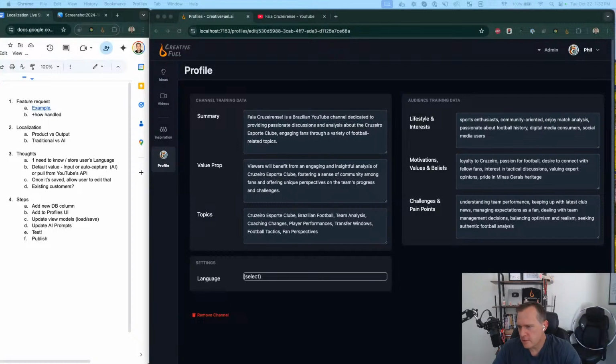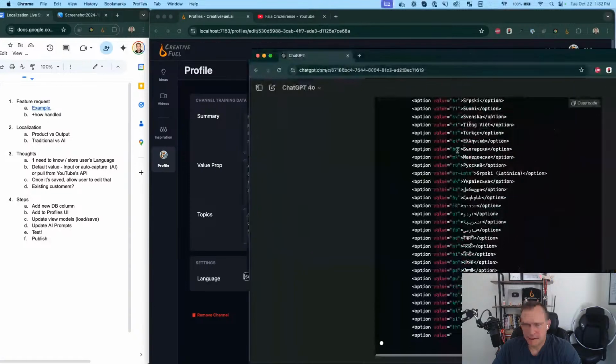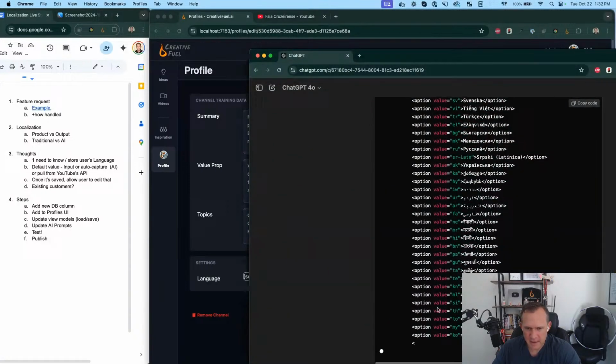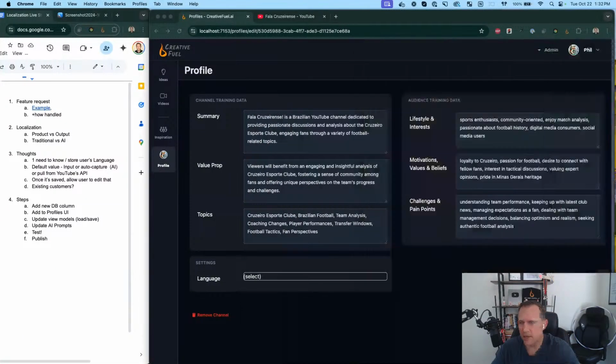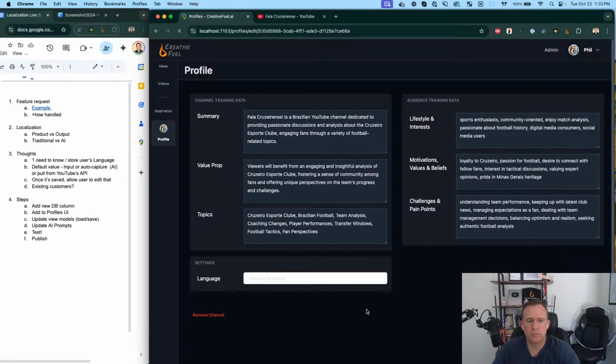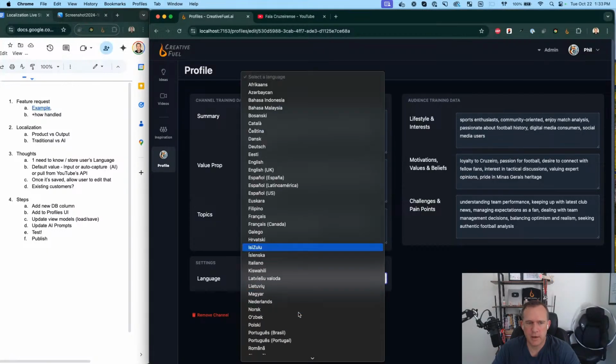All right, we're getting there. I kind of just wanted to save the full language in the database, but it looks like it's just going to save the 2-digit code for each language. All right. Okay, so we got that. Let me go back to the code now. We'll paste it in. And in theory, we should have a list of all the languages on screen. Let's see what happens. There we go.